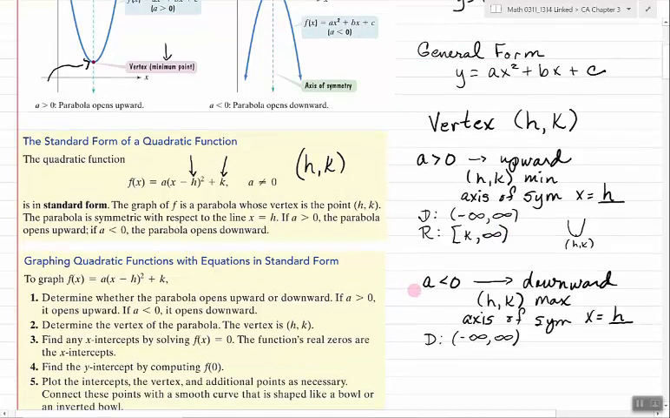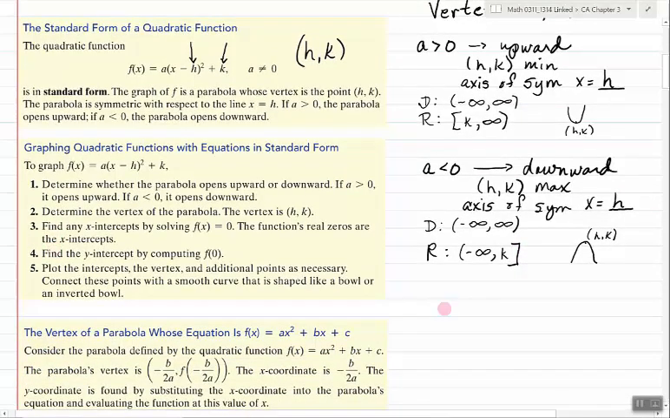But if it is opening downward, the range, let me draw a little picture. Let's suppose we have it opening downward, and this is still h comma k. The lowest y value is negative infinity, but the highest y value is k. And because it includes the k here, we use a bracket. The other thing that I want to mention